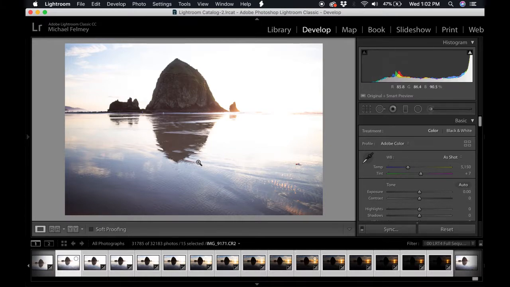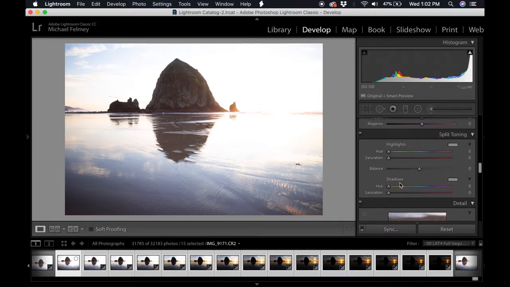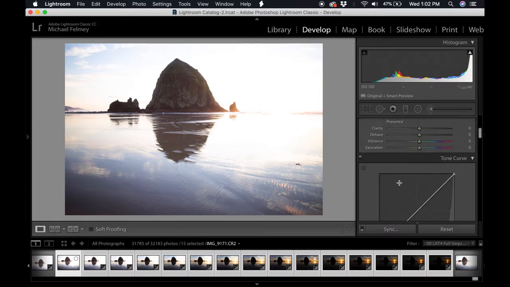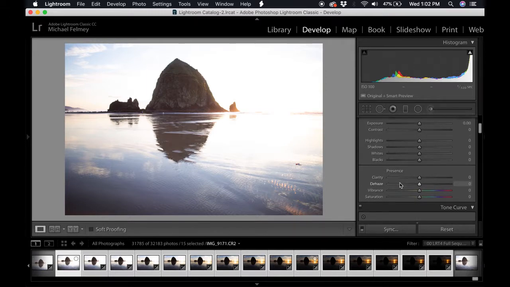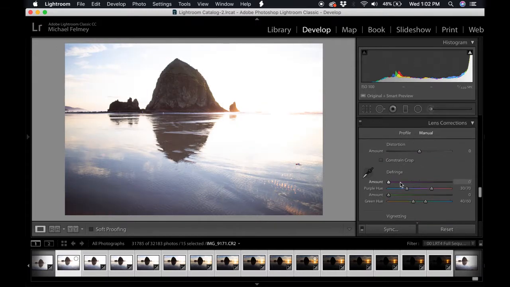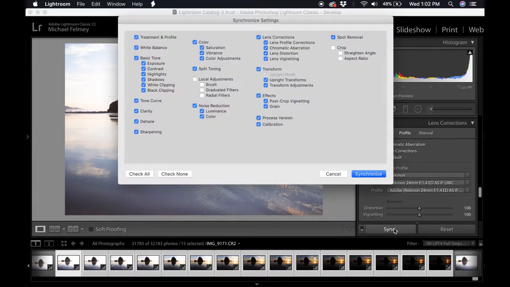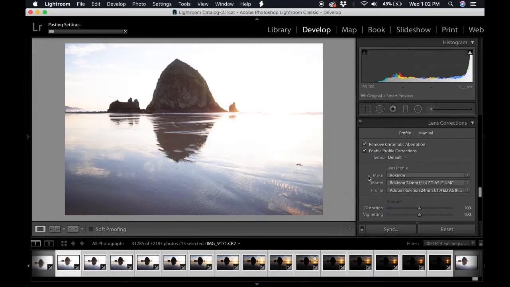So what I'm going to do is I'm not going to do any cropping. I'm not going to do any color changing. All I'm going to use are some profile corrections, just so that they're all on the same page with the same amount of distortion correction and correction for lens aberrations. So I'm just going to go ahead and enable that. I'm going to sync all 15 shots together,